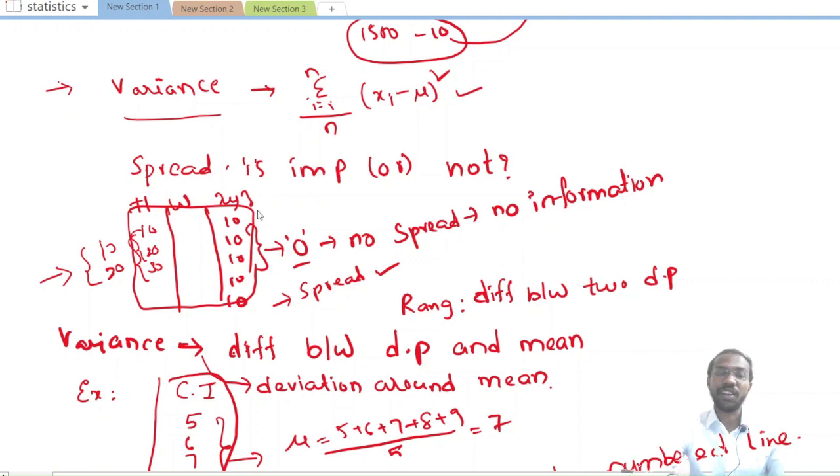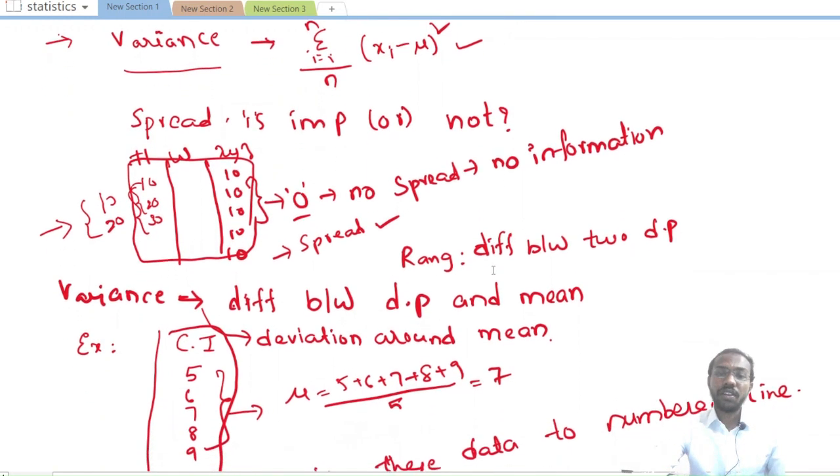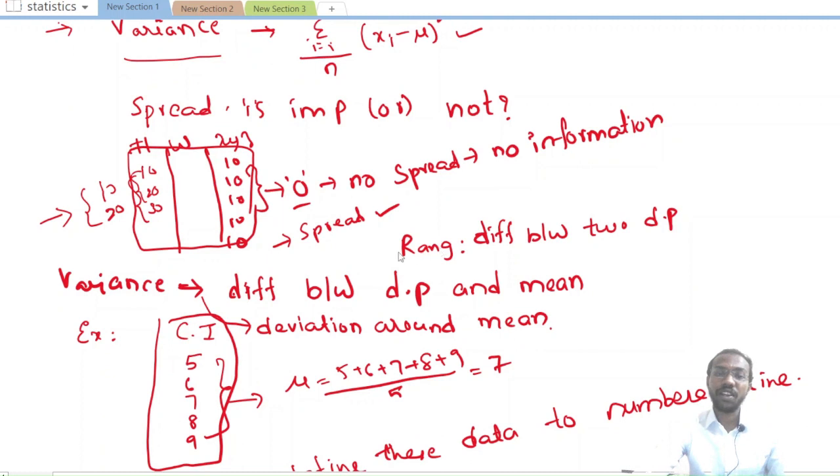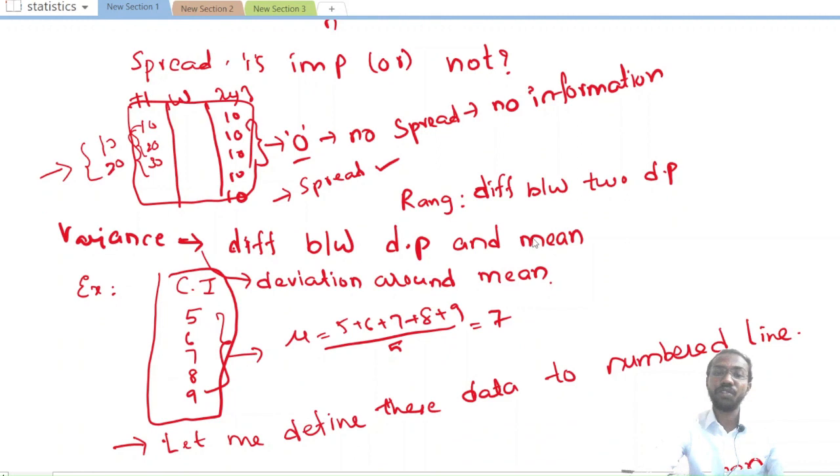इज इंपॉर्टेंट और नॉट बोलने के लिए एग्जाम्पल दिया। इधर एक कॉलम है, एक कॉलम में पूरे 10, 10, 10, 10 है। इसका स्प्रेड कैलकुलेट करते हैं, अपन को जीरो आता है। जीरो मीन्स नो स्प्रेड, मीन्स नो इन्फॉर्मेशन। Okay, here the range, difference between range बोले तो क्या है, the difference between two data points। Here variance बोले तो क्या है, difference between data points around the mean, बोले deviation around the mean।